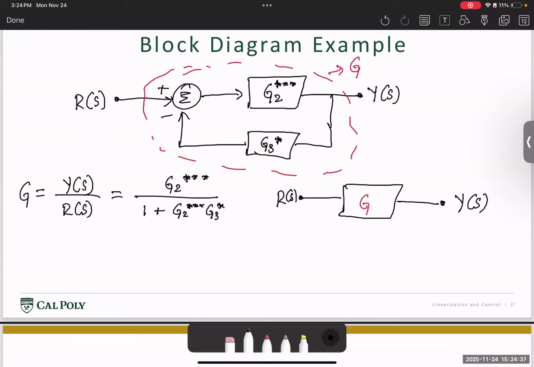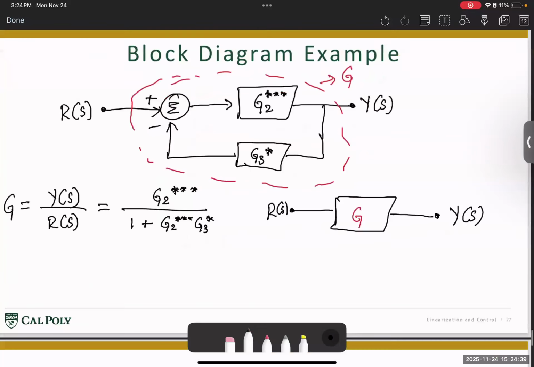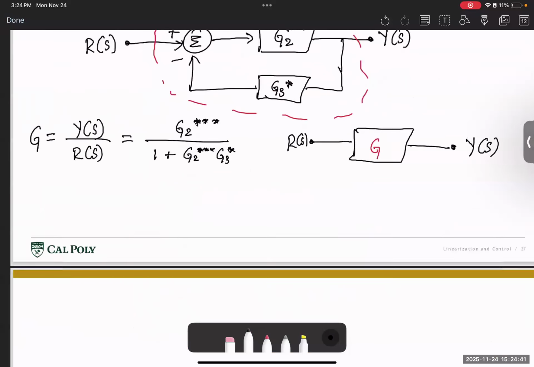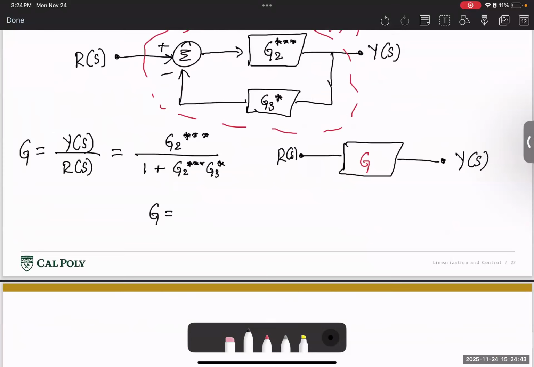Then simplifying all of this math and substituting all of the equations, we can say the gain G is nothing but, let me write it here to give us some more space. The gain G is nothing but G2 triple star divided by 1 plus G2 triple star times G3 star,